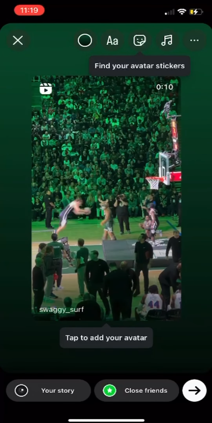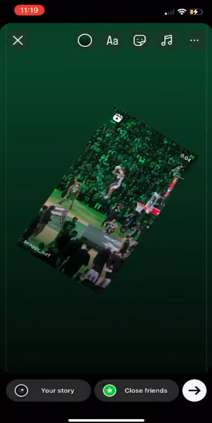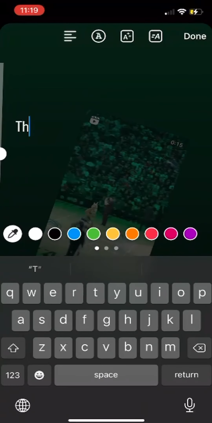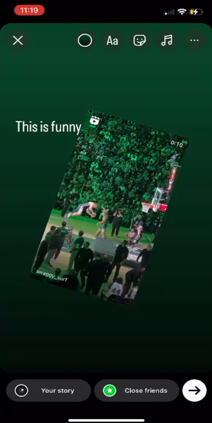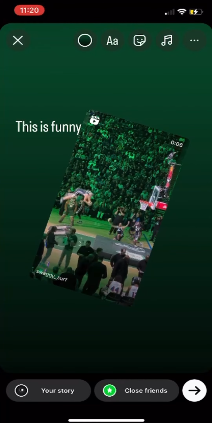So here you can increase the size of the post, decrease it, rotate it, and you can even add captions to it. And once you're happy with the edit, then all you have to do is select the arrow button at the bottom right hand corner. When you're happy with that, select share,